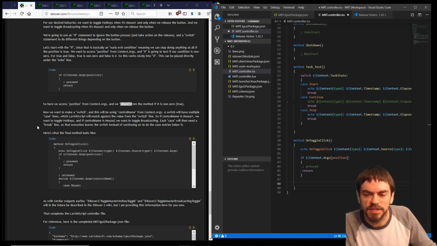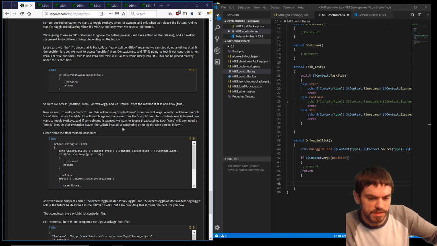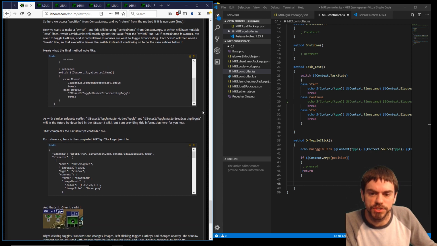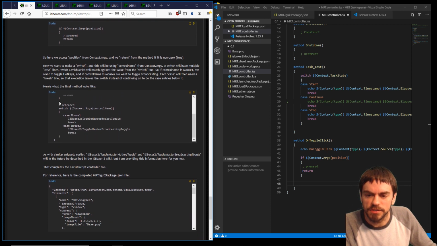So each case then needs a break line, which has execution of the method leave the switch instead of doing the next case below it. So that's a kind of a common feature of switches. So here's what the final code looks like. It's going to have a switch,